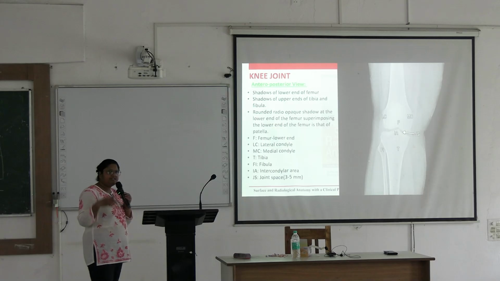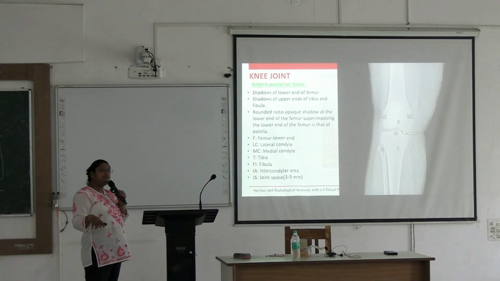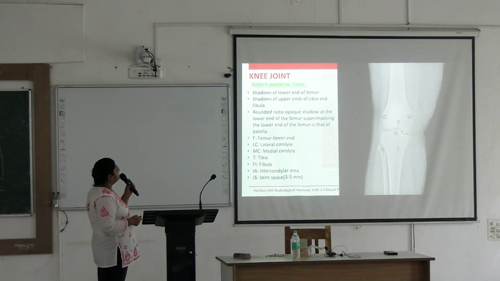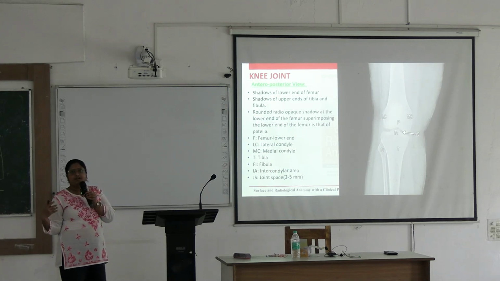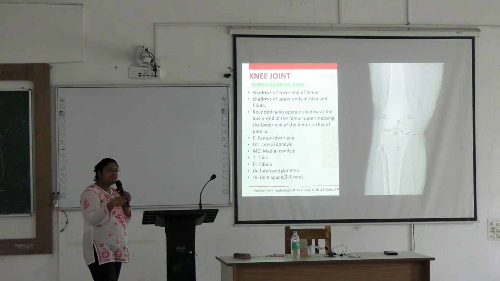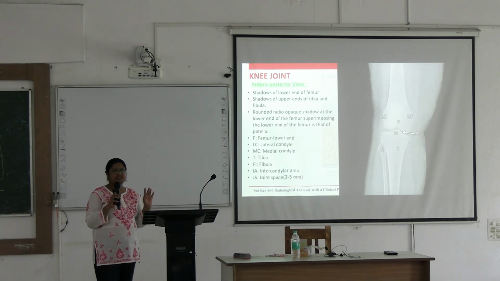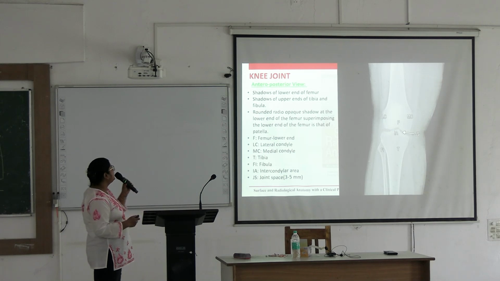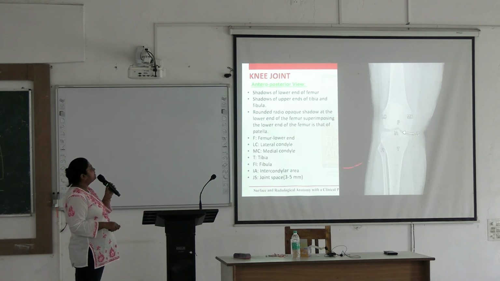Next, so we have discussed the hip region, okay, pelvis and the hip region. Next, we are going to the knee joint, okay, knee region. So, knee region, two views are used, anteroposterior view and the lateral view. Hip region, generally lateral view is not used, okay, only anteroposterior view is used. So here you will see two views, anteroposterior and lateral view. So see, this is an anteroposterior view of the knee joint.